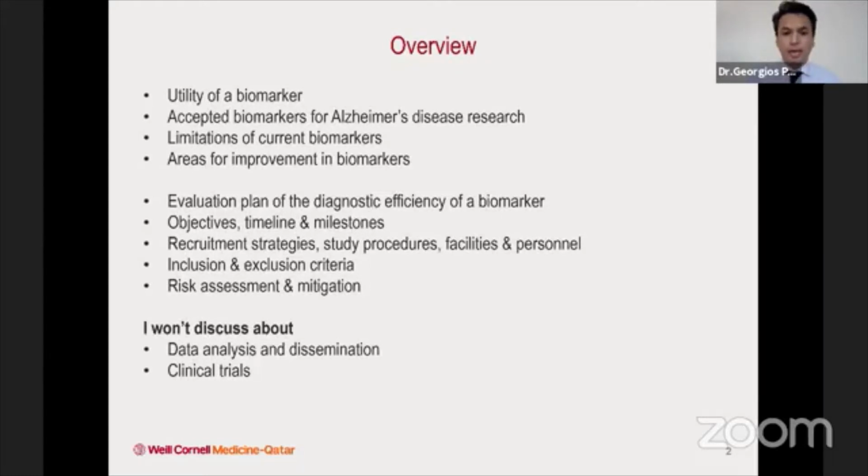I'm going to show you how a study procedure looks like. Facility is very important, and the personnel you choose for your study in order to get all the study procedures done. How inclusion-exclusion criteria look like, and then something very important to think about is the risk assessment and how you're going to mitigate or eliminate these